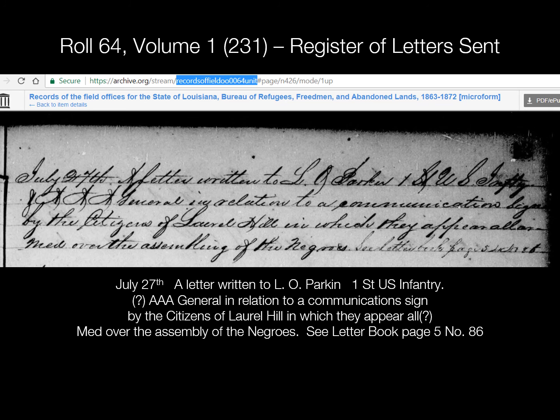So I gotta say, after I saw the first couple of hits on Luke and George Morgan in volume 231, I had to spend a lot of time there. I remember spending almost my entire day in roll 231, because I figured if I could find this, there's probably a lot more juicy stuff in here on West Feliciana Parish citizens and what was going on in that time and day. And as I read through those registers of letters sent, I found this entry here, July